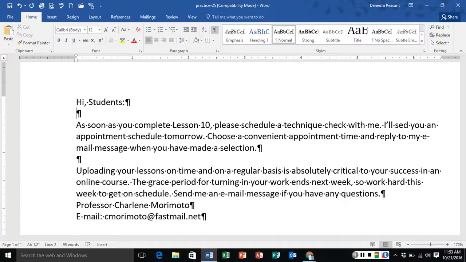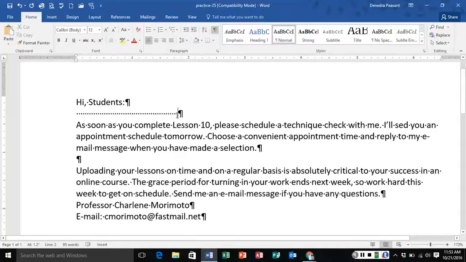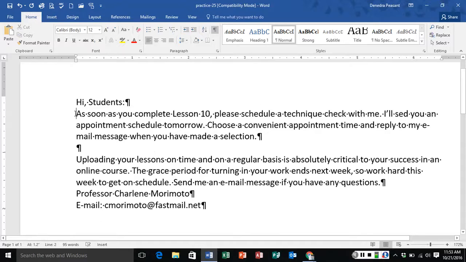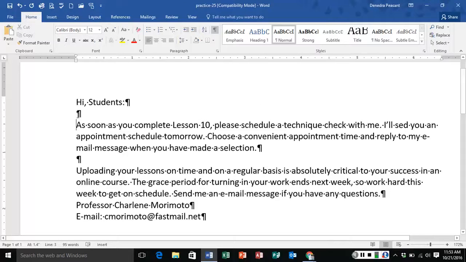Now I do know that there are a lot of people that will do this to get to the center. That is not correct. I can turn that Show Hide character on and I will see that you pressed the space bar to try to get to the center. We'll delete that, add my paragraph symbol back, and click directly after me,